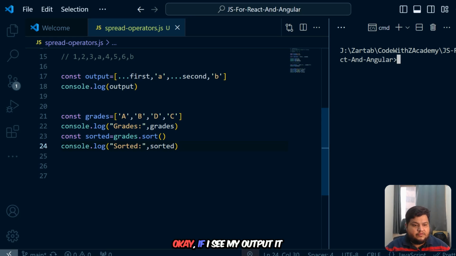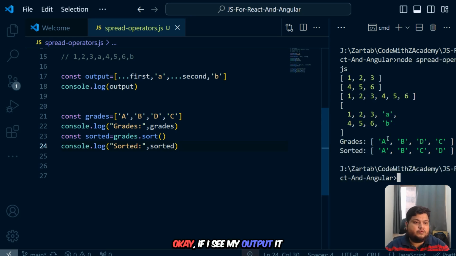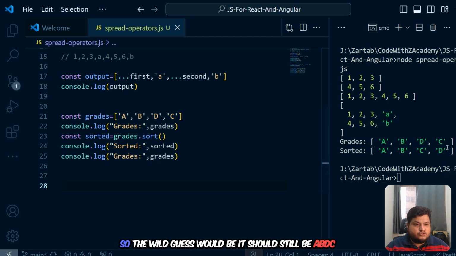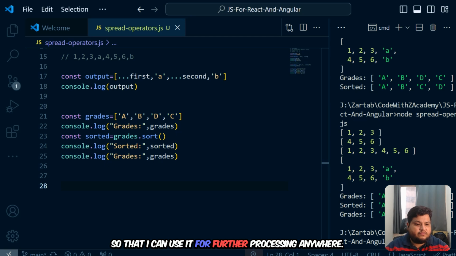Okay. If I see my output, it is saying grades is this, sorted grades is A, B, C, D. Now, just for fun of it, let me see what is the value of original grades. What was the value of original grades after it has sorted? The wild guess would be it should still be ABDC so that I can use it for further processing